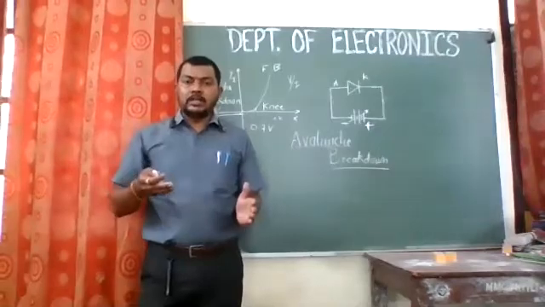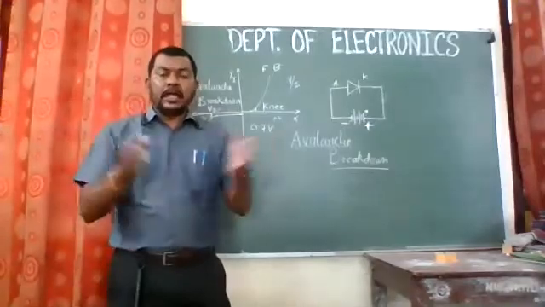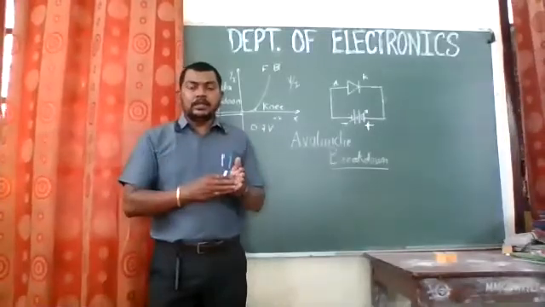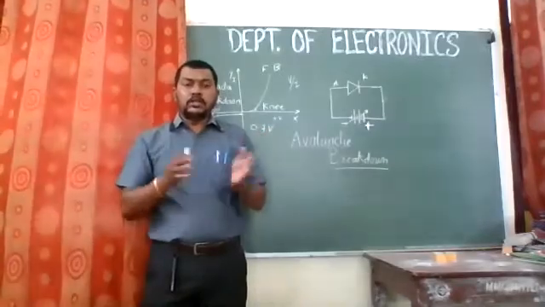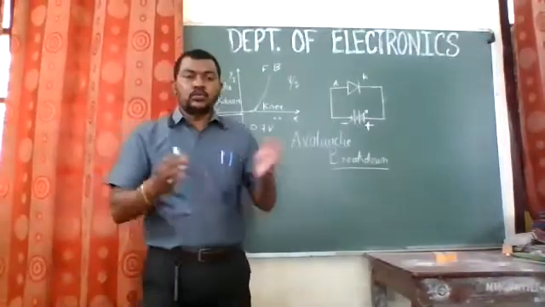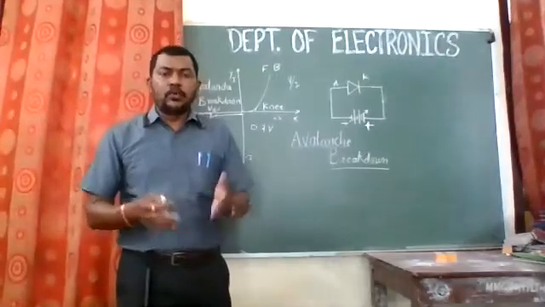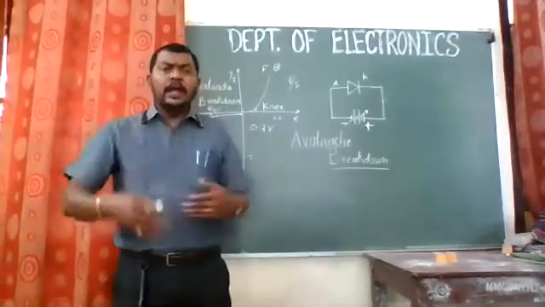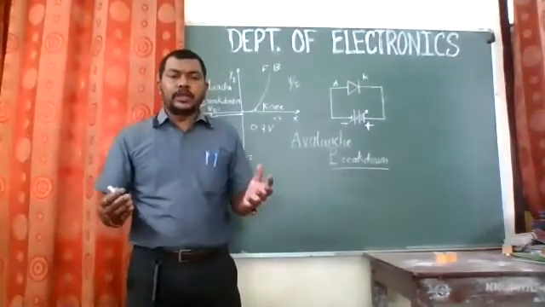With this energy, when they come out, they collide with the other covalent bond electrons and break those bonds. One electron is emitted and it collides with a second one. Then two electrons are out of that covalent bond, and these two collide with two others, and four electrons come out of that. This is called avalanche multiplication, right? So 4 to 8, 8 to 16, 16 to 32, and the depletion layer will be populated with many electrons within a fraction of a second.